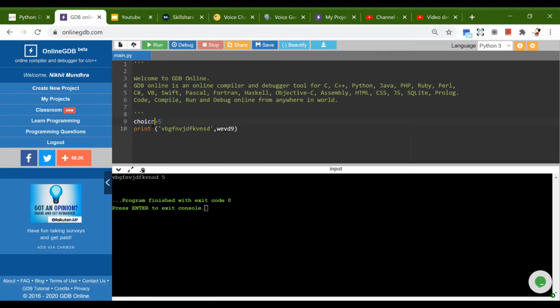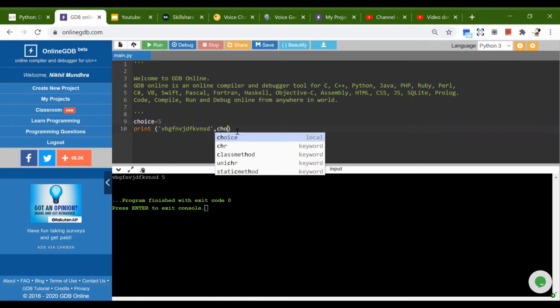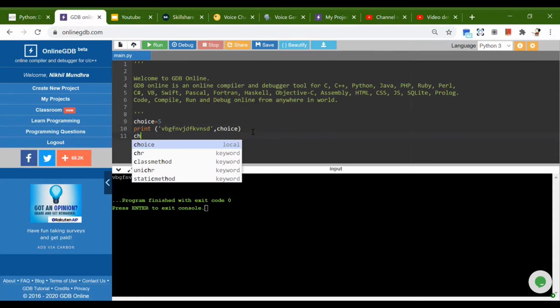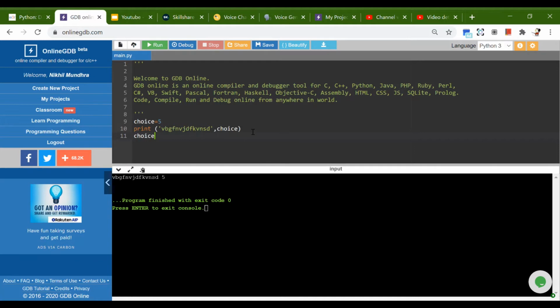Right now I'm declaring choice just to show you an example of how a numerical might be used. Suppose my choice is 5 and then I print something, and then I put a comma and put my variable.